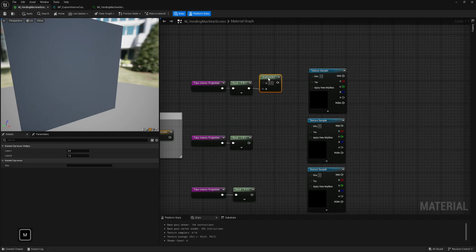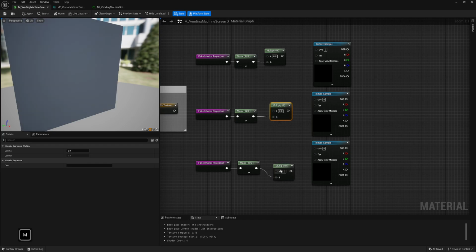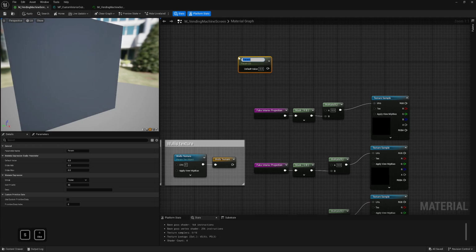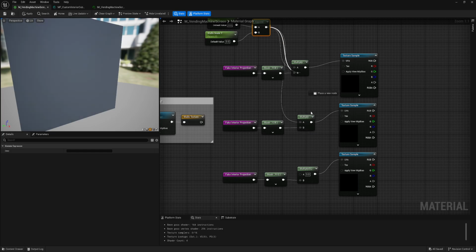To control tiling, we need a multiply. And let's create a scalar parameter for scale. Append, and connect to all of them.